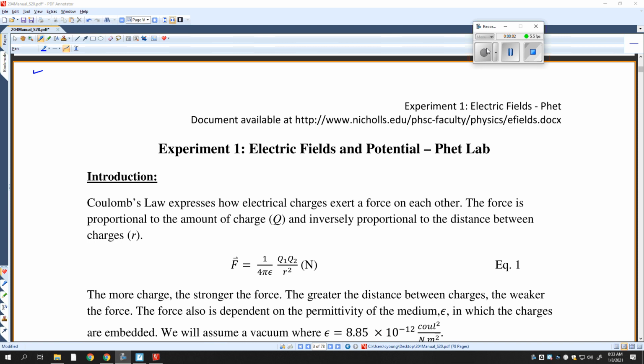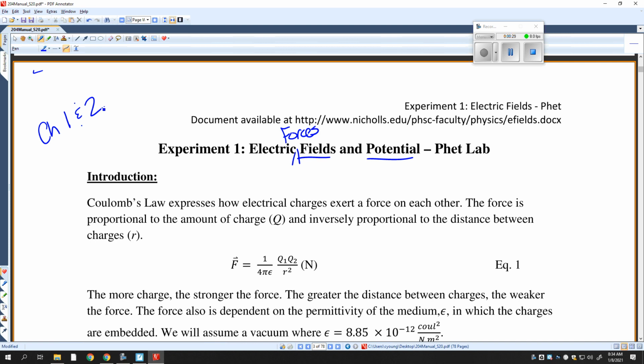In the first two labs of this semester, we're going to deal a lot with electric forces, although indirectly, and then also fields and potential. In fact, in the lecture, at least for Physics 102, you'll see that these are in chapters 1 and 2, and they're very important chapters that will lead into other chapters. The idea of an electric force, an electric field, and electric potential. And so you have the great opportunity to learn about all three of these just on this very first lab